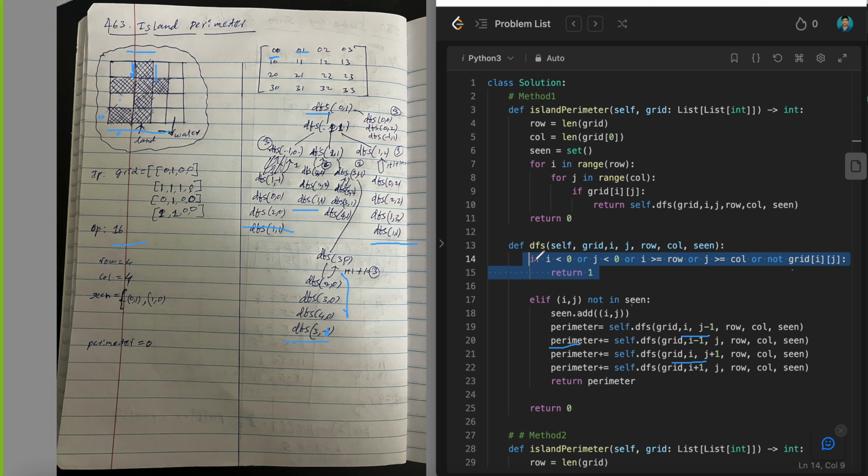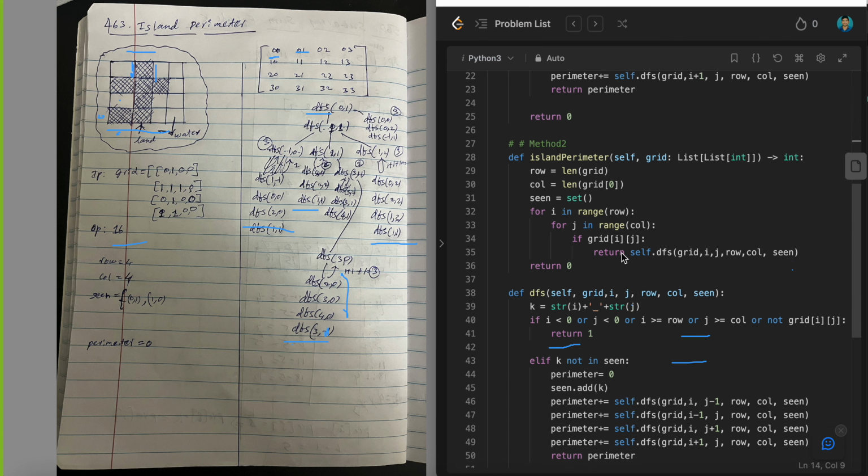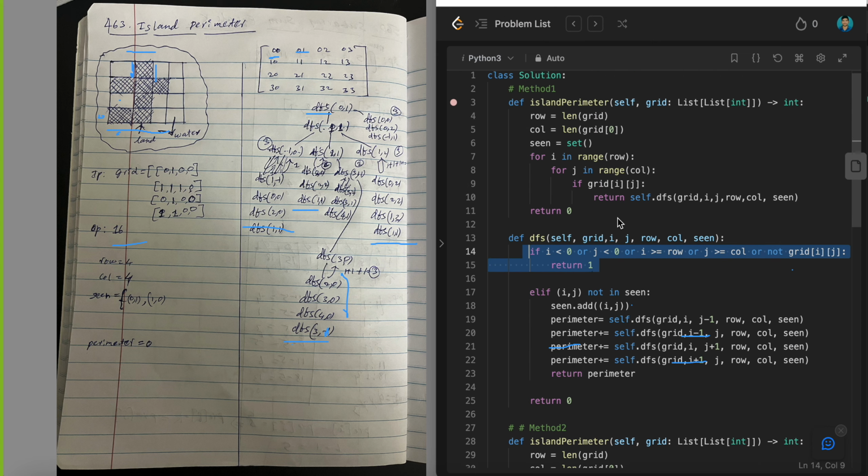If you go through this way, it will be very easy to understand. So you can go through this way, it will be very easy for you to understand. And this is how the first method will work, and even the second method works in a similar way. So just instead of, in the first method, I have used